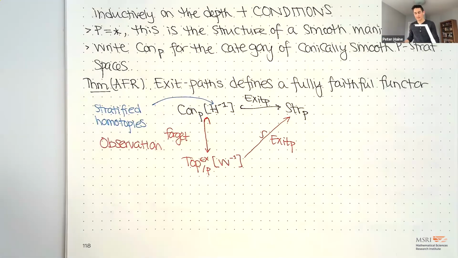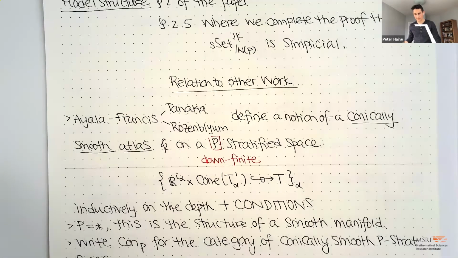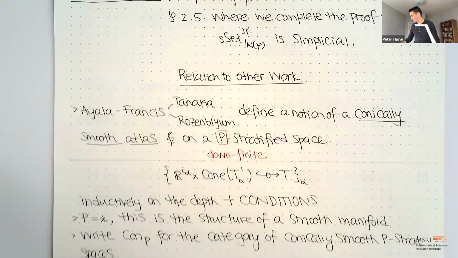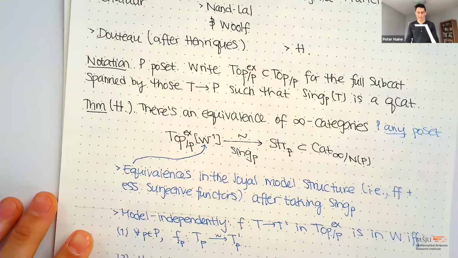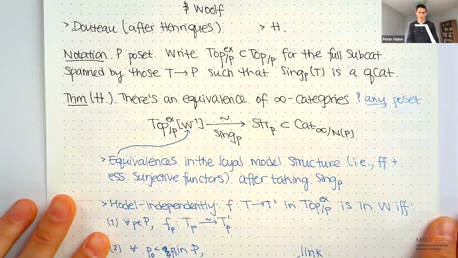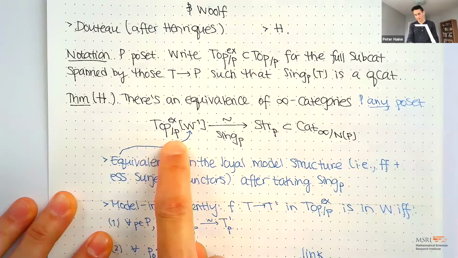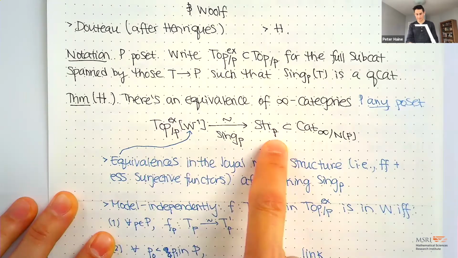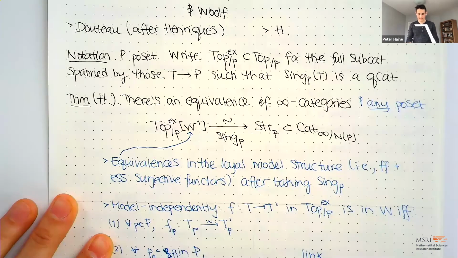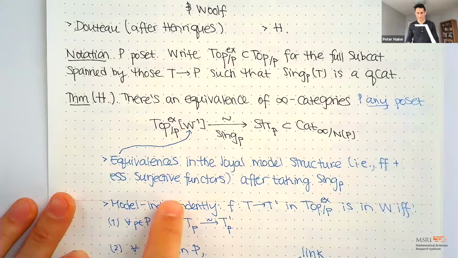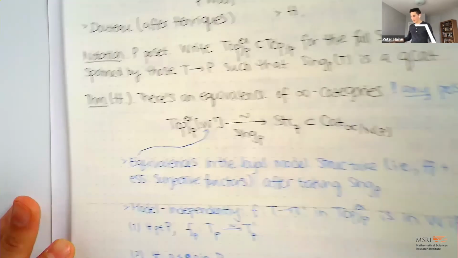Okay. So now I'll give a bit of a quick overview of how the proof of this theorem works. This equivalence of homotopy theories between p-stratified topological spaces and this purely categorical thing. And this is going to be one of the key observations, this characterization of the equivalences. But let me